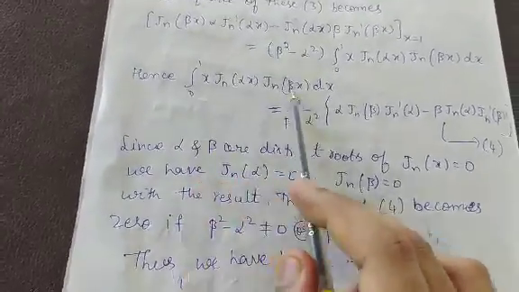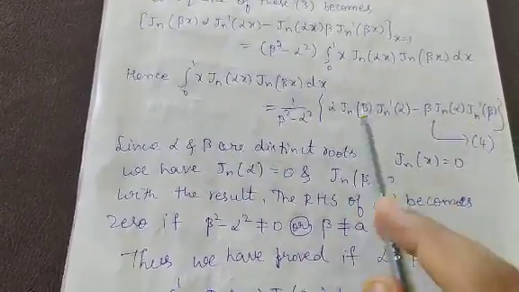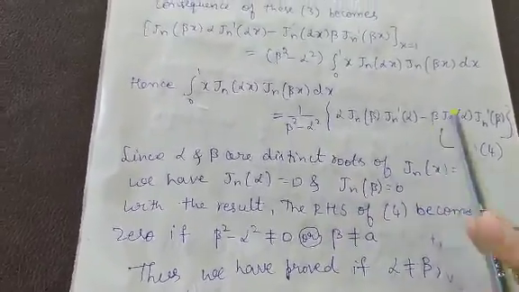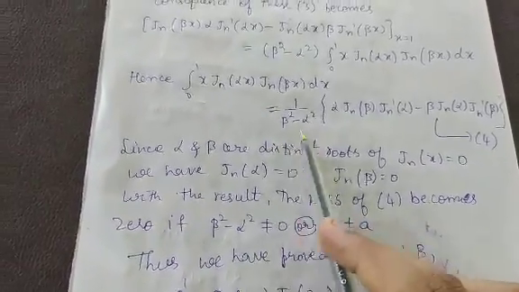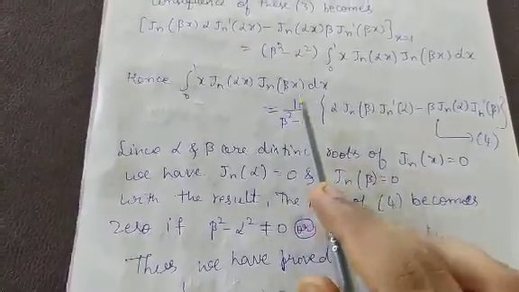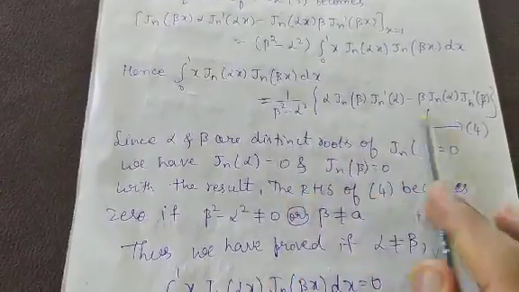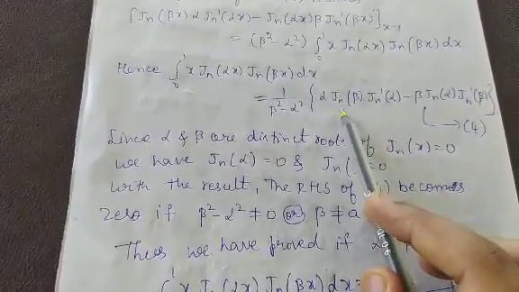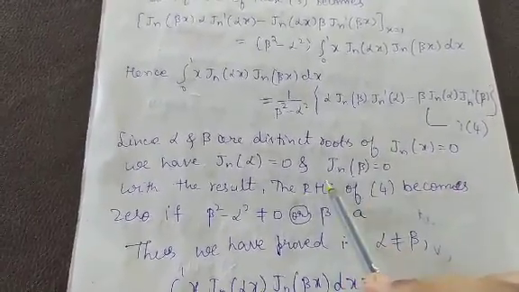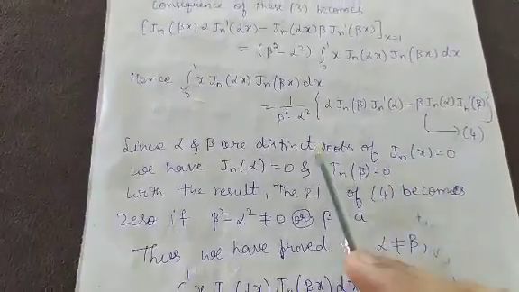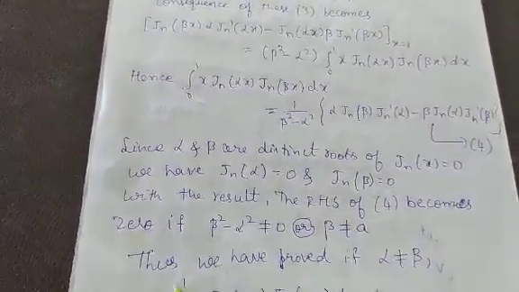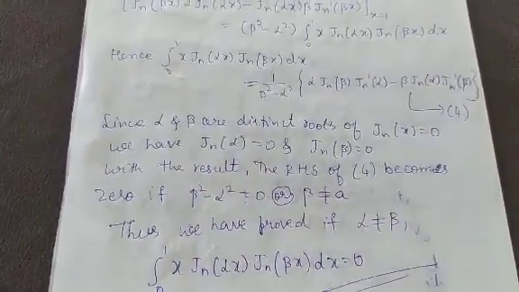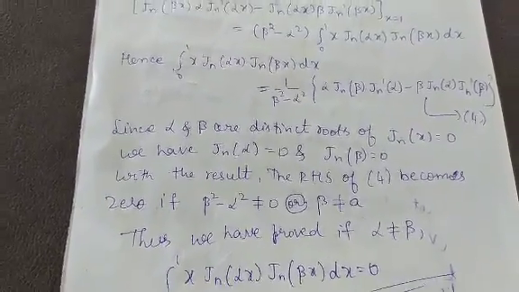So the LHS is as it is, and this quantity is 0. This quantity is 0 means either this quantity equals 0 or that quantity equals 0. Since beta square minus alpha square is in the denominator, it should not be 0. If the denominator becomes 0, it becomes 1 by 0, which is of infinity form. So this is 0 under the condition that the denominator is not equal to 0, which means beta is not equal to alpha. Hence, since Jn of alpha is 0 and Jn of beta is 0, we get 0 minus 0, everything is 0, and beta square minus alpha square is not equal to 0. Hence we have proved that the integral from 0 to 1 of x into Jn of alpha x into Jn of beta x dx equals 0. Hence we proved the orthogonality property of the Bessel equation.